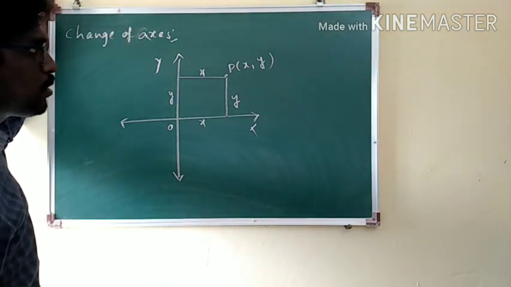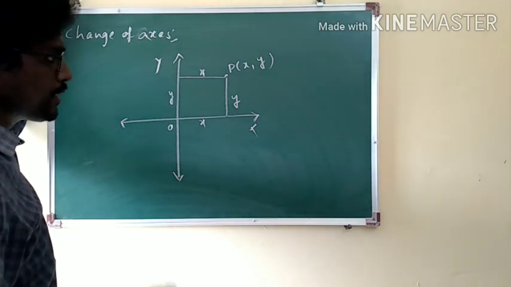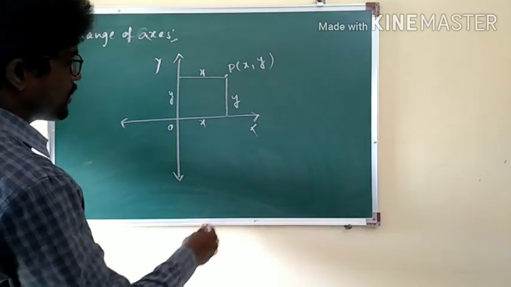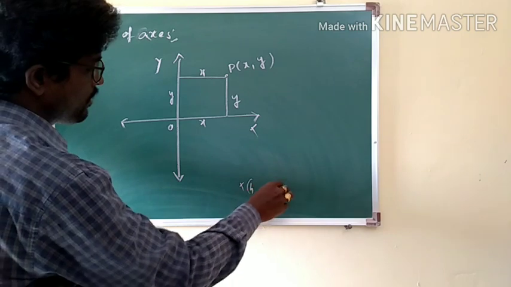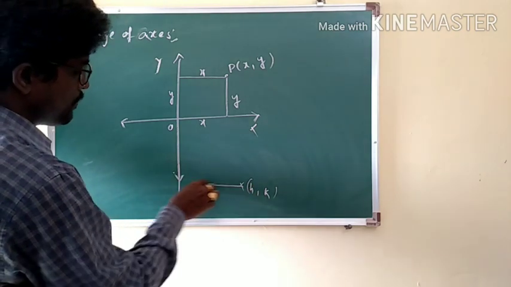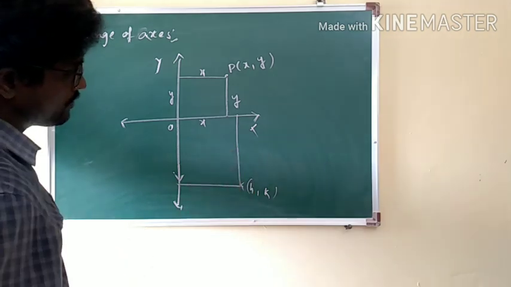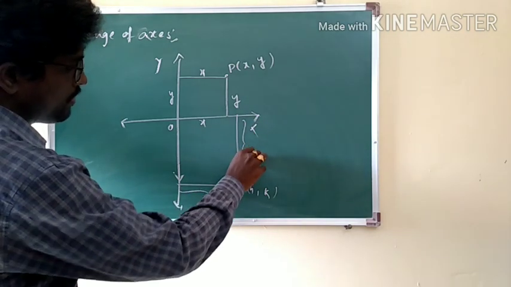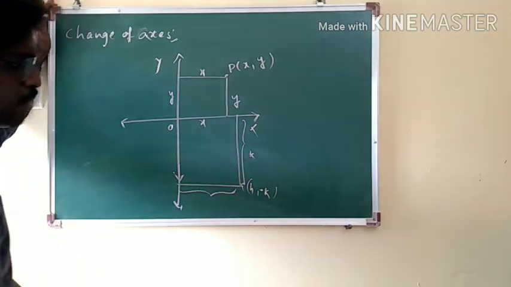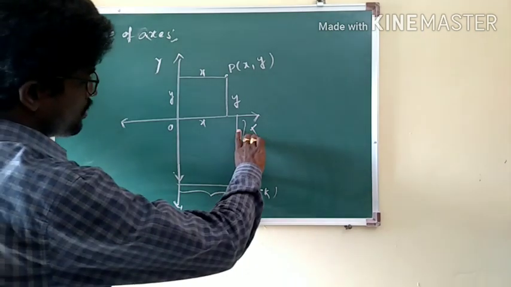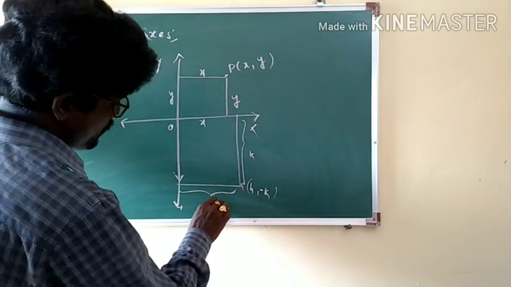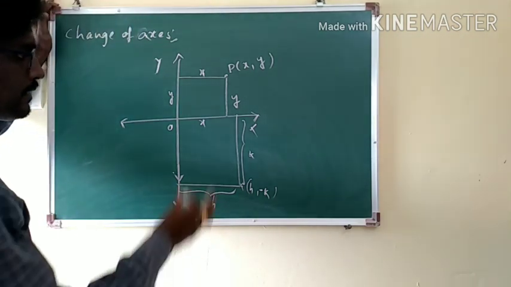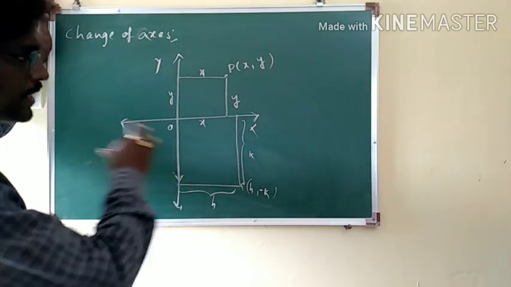Here we are talking about the coordinate P(x, y) with respect to the x-axis and y-axis that we have taken. If you take some other point, let's say (h, k) here, we take the perpendiculars from both the x-axis and y-axis, and this is nothing but h and this is nothing but k. Here we take (h, -k) because we are talking about the fourth quadrant. It is of k length units and this is of h length units. So here we are always talking about the axes x and y, which is routine.